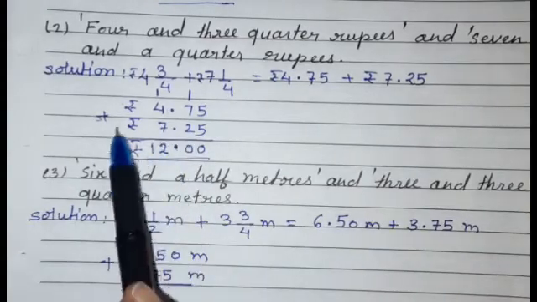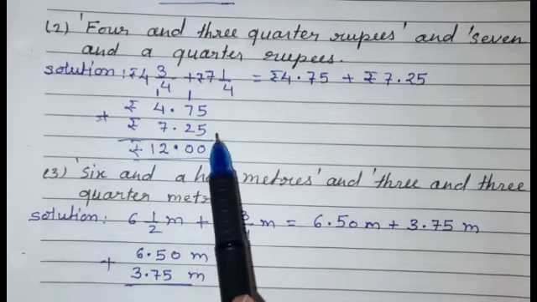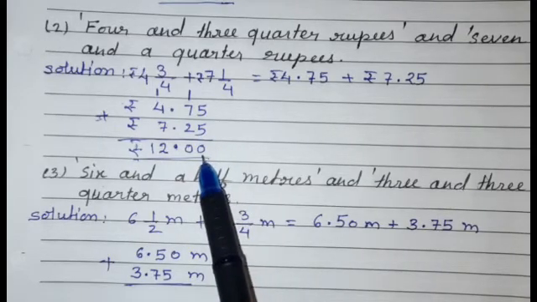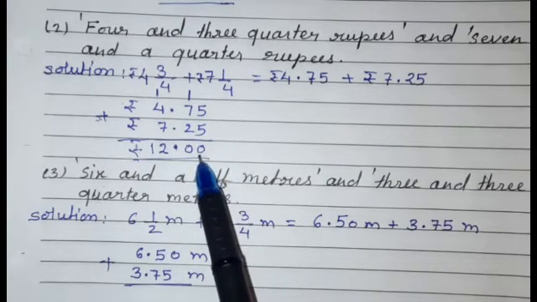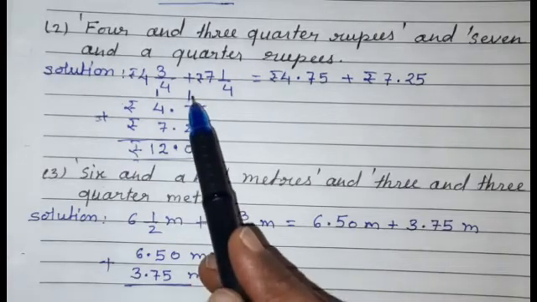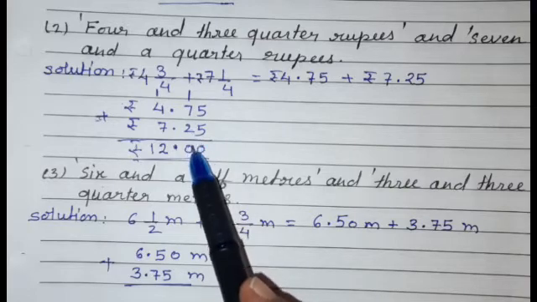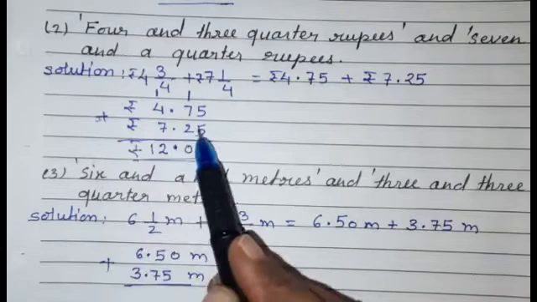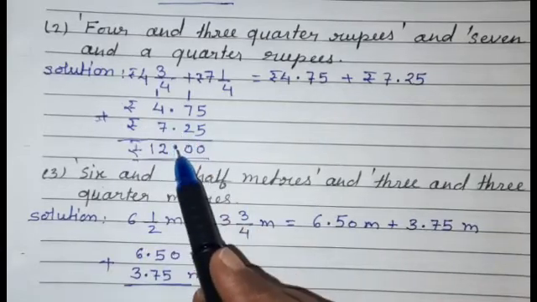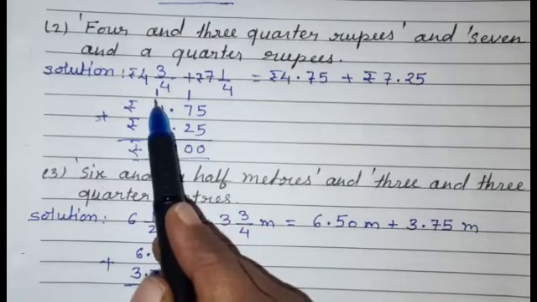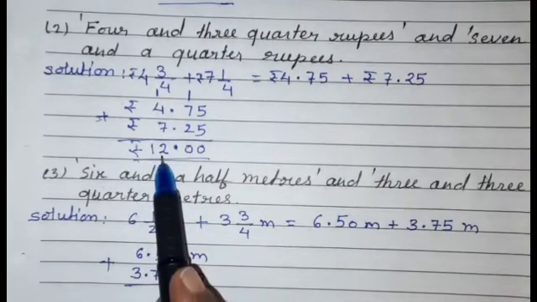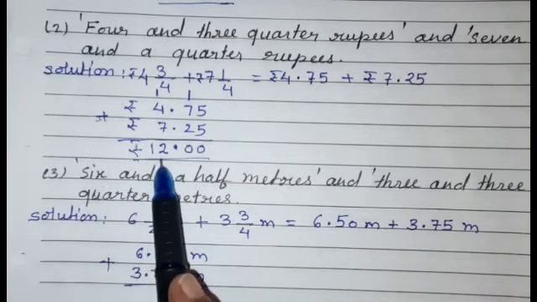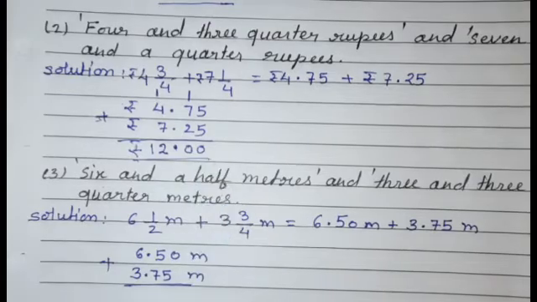Now add both the values. Rupees 4.75 plus rupees 7.25. 5 plus 5 is 10. So here write 0 at hundredths place. Carried 1 at tens place. Now 7 plus 1 is 8. 8 plus 2 is 10. So here write 0 and carried 1 at unit place. Now decimal write as it is. 4 plus 1, 5 plus 7 is 12. So answer is rupees 12.00.